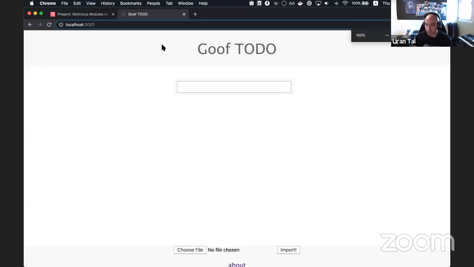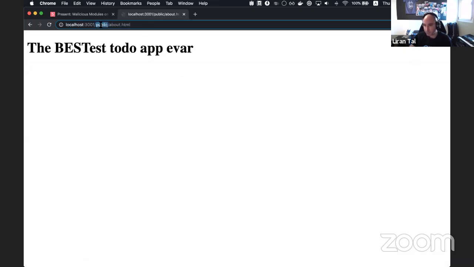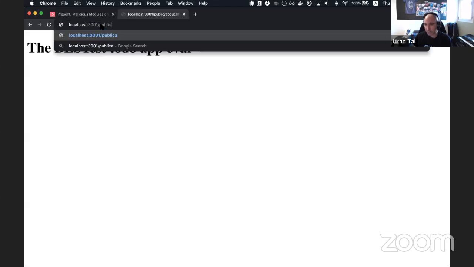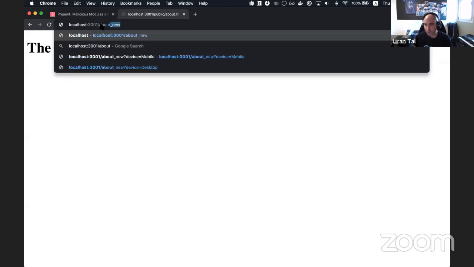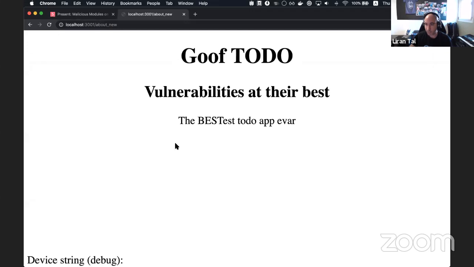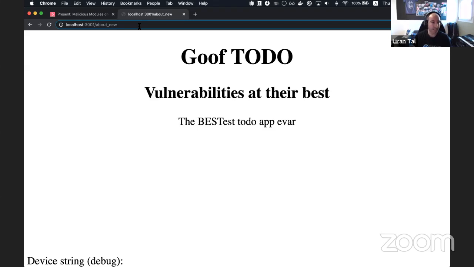And we have it. This is a very simple to-do application. As you can see, I can add some stuff here. It doesn't really matter, but it has this about page, and I think it even has this about new kind of route that will give us about data. And the way that we built it is using something that's called a templating engine, like Pug, like EJS. In this case, we used